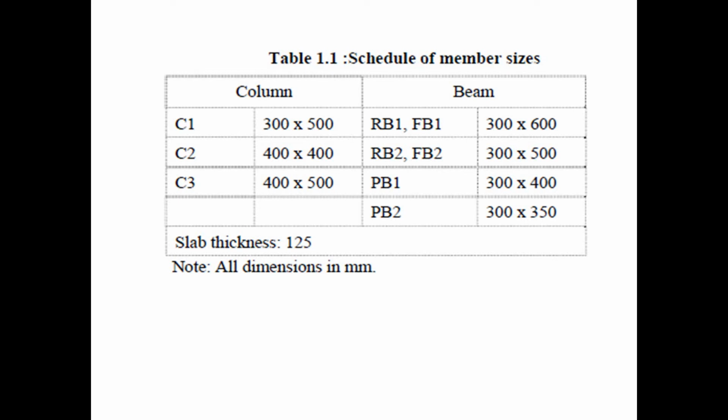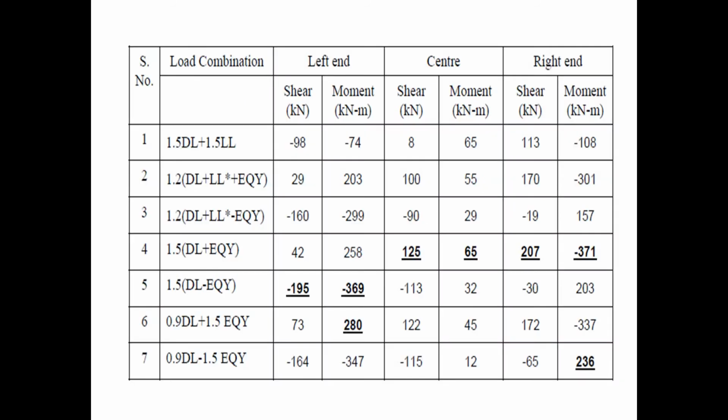Okay, and slab thickness is considered as 125. So based on that, in your examination this table will be given, or either a diagram is there, and based on that the maximum value